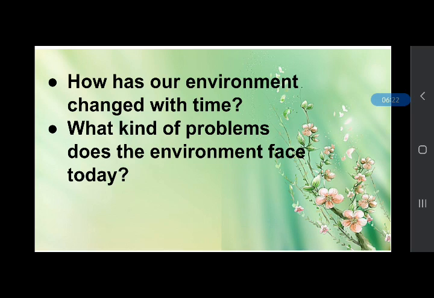This is called environment. So, how has our environment changed with time, and what kind of problems does the environment face today? You can answer to your partner.